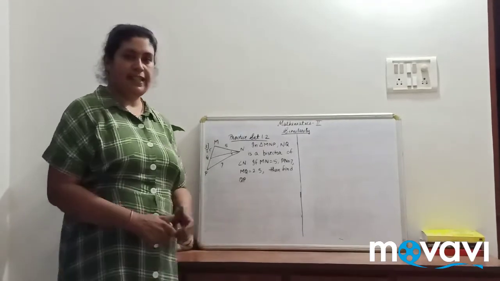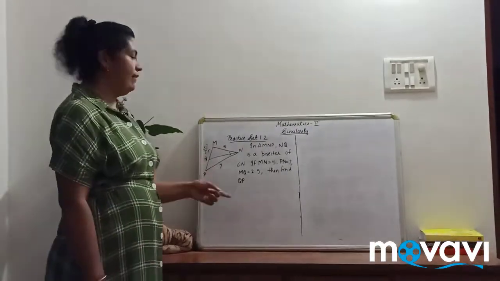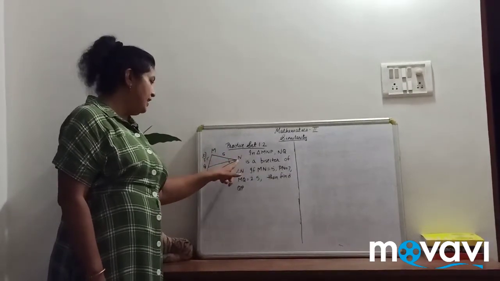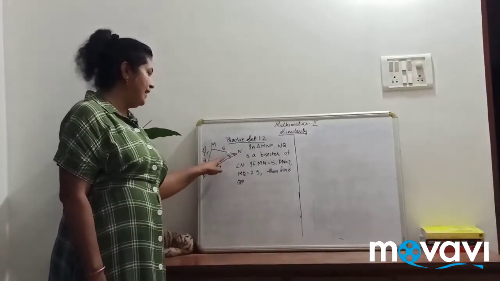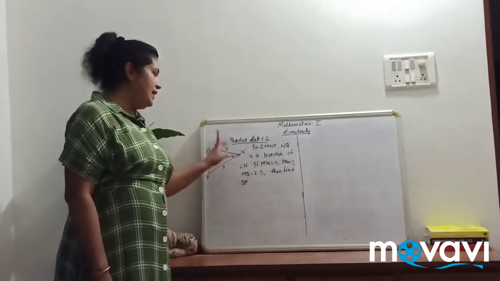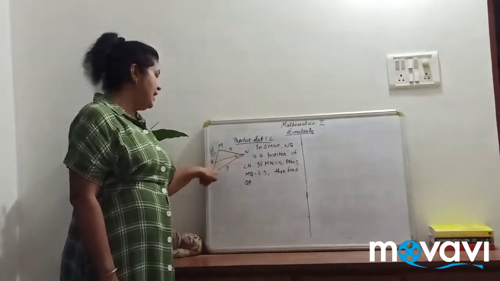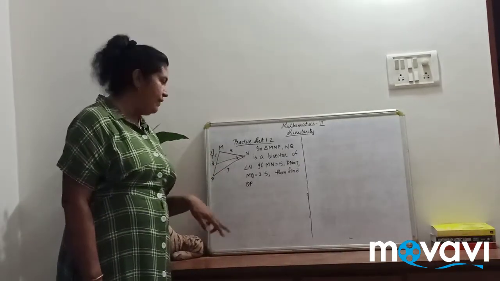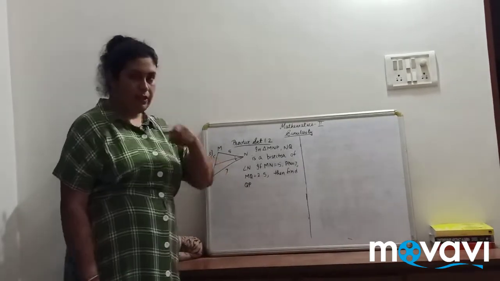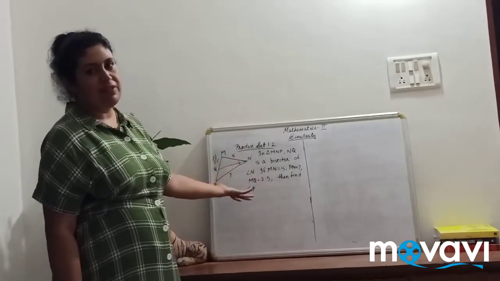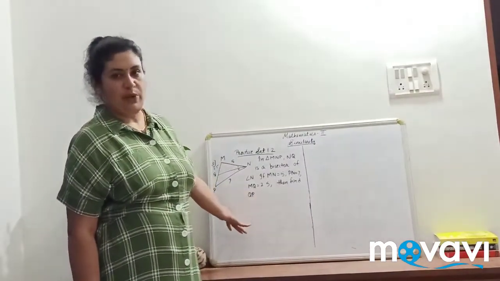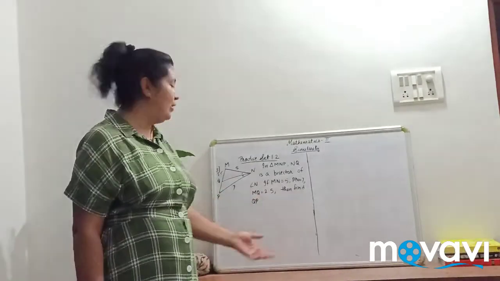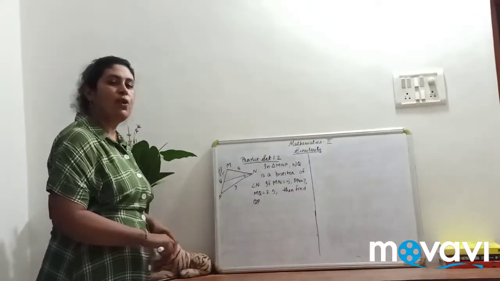So this is your third example. Let us see what is given. In triangle MNP, NQ is the bisector of angle N. MN is given as 5, PN is given as 7, and MQ is given as 2.5. We are supposed to find QP. So as the example says, which property are we going to use? Of course, the theorem of angle bisector.